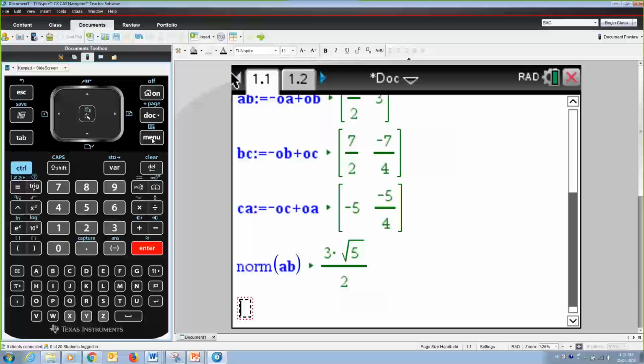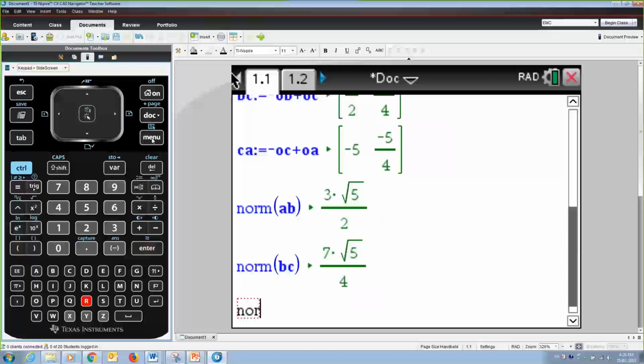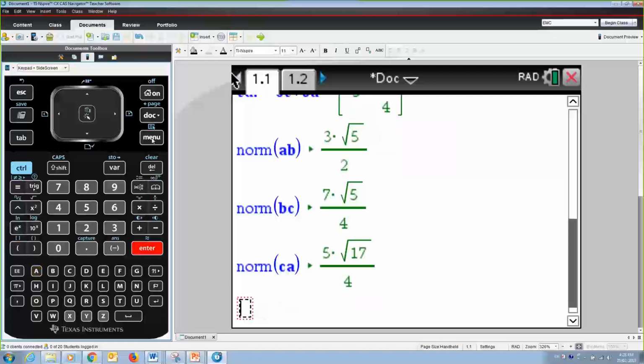So let's go down and we'll work out the length of another side. So students may choose to type these things in as well. So I'll find out the magnitude of vector BC and the magnitude of vector CA. So I've got the 3 side lengths, and then the question says, what's the perimeter of our triangle? Well, hopefully everyone can add those up, and they could, if they wanted to, use the calculator to add them up as norm A plus norm B plus norm C,